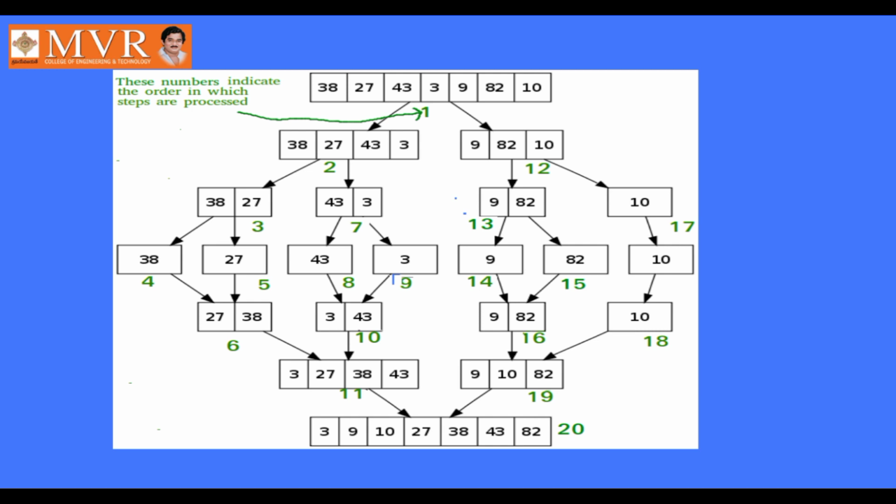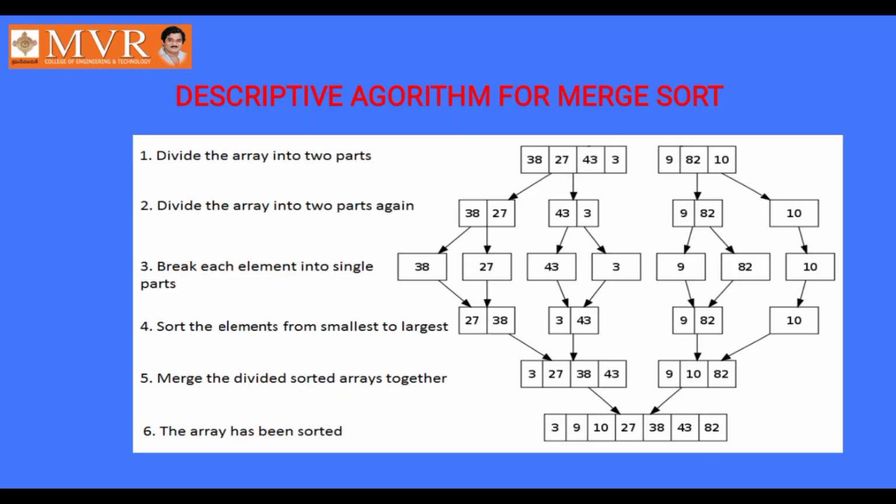You need not give the numbers, you just calculate the mid value and divide the list on the basis of it into single units, and then in the next step combine two elements or three elements into one and finally get the sorted list. This is the procedure for the merge sort algorithm. Now, the descriptive algorithm for merge sort.